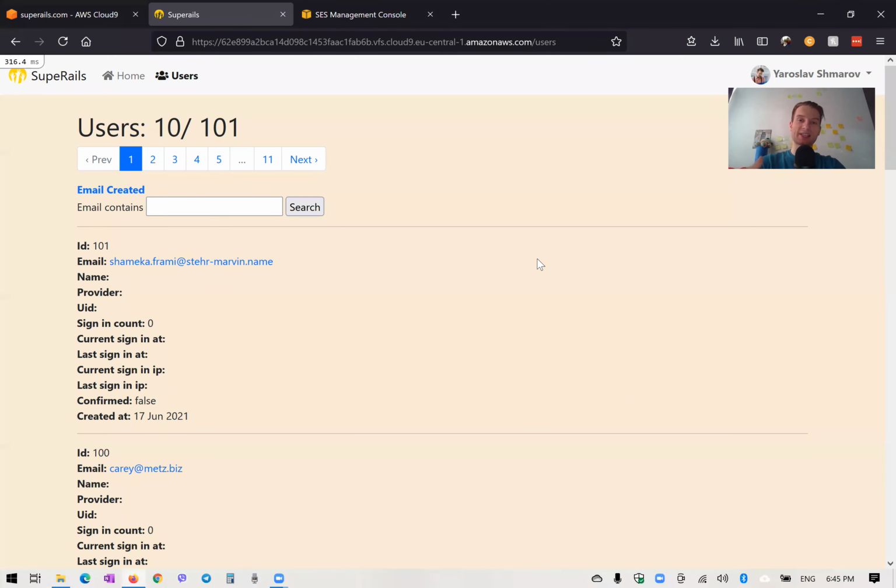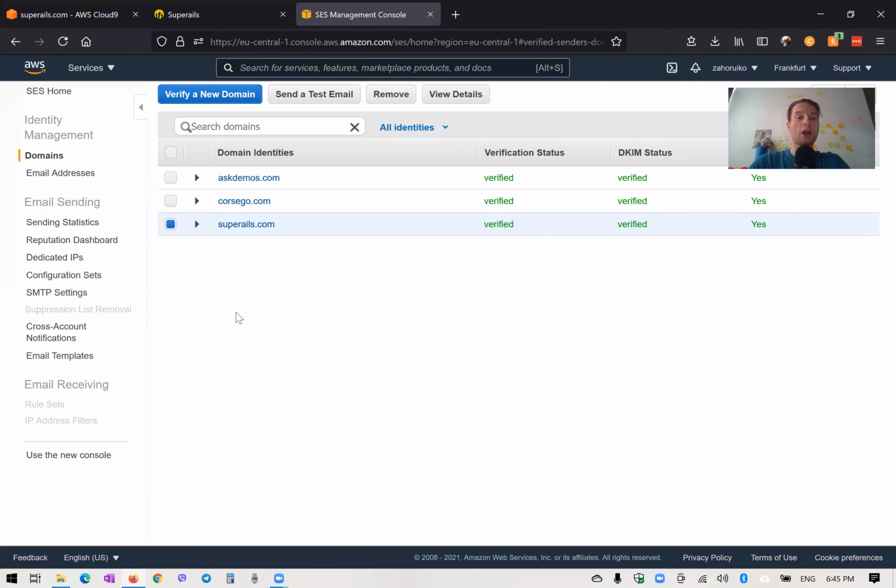Hello. So in this episode, we're going to continue working on our SuperRails application. Previously we added search with the gem Ransack and filtering, and we've also added pagination with the gem Pagy. Now we're going to improve a bit on our styling and add new features. First of all, we can see in our AWS console that the domain has already been verified,